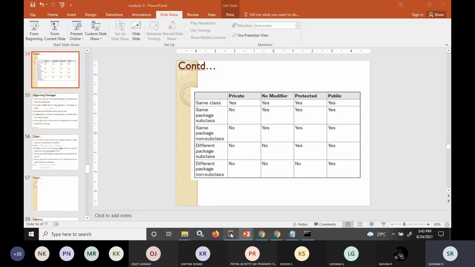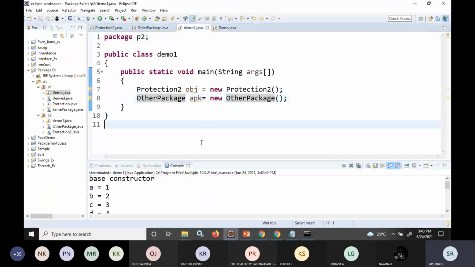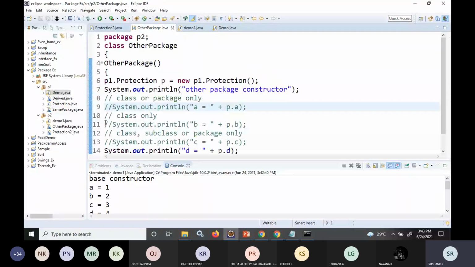So I've demonstrated this in Eclipse so that you will understand it better. Because if I try to explain it otherwise, I can write this line without comment also. In Eclipse, if I write this, I'll get the message here itself that it is not visible.